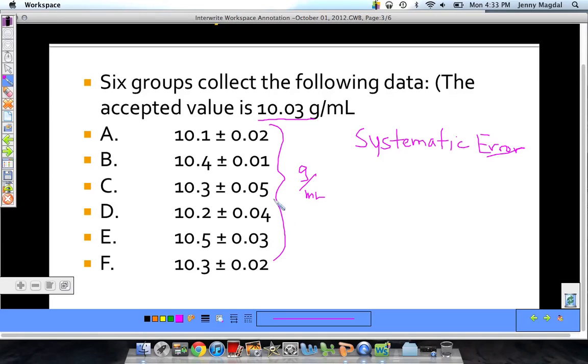And another question you might see is something like, which of these data points had the highest or best precision? So which was the most precise lab group? Well, we would say B was the most precise lab group because their error is the smallest. They have the smallest error value of all the ones here. 0.01 is smaller than 0.02,